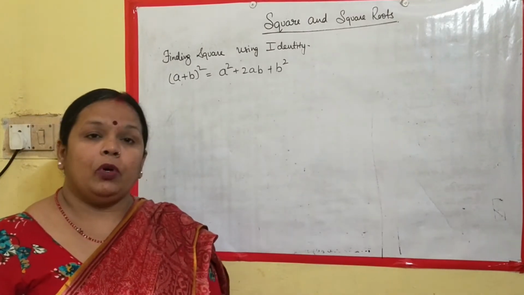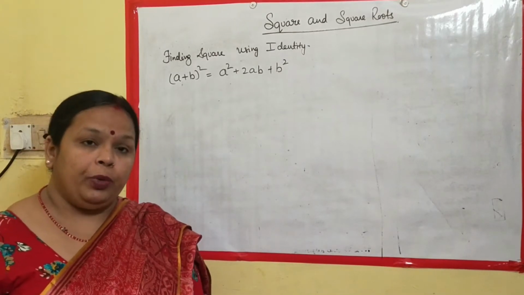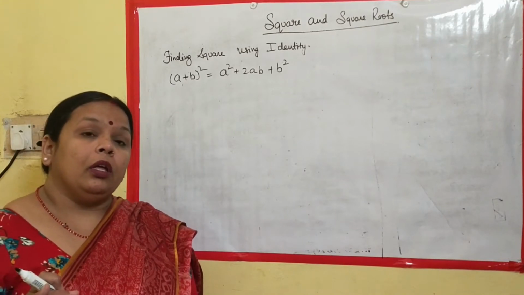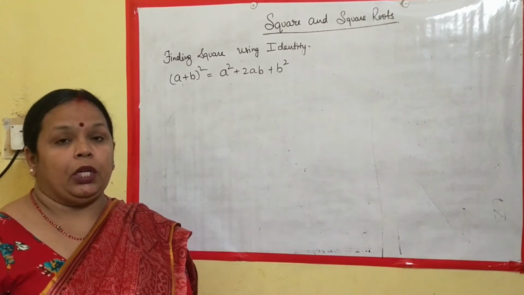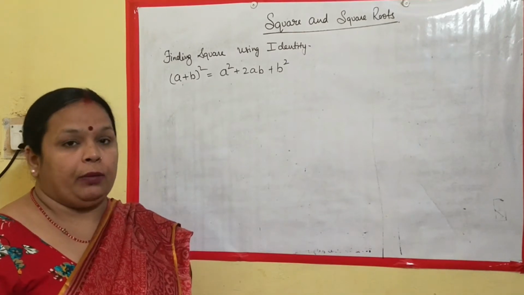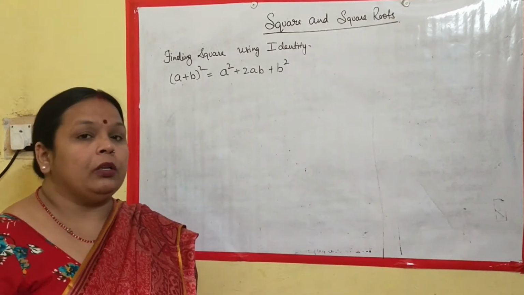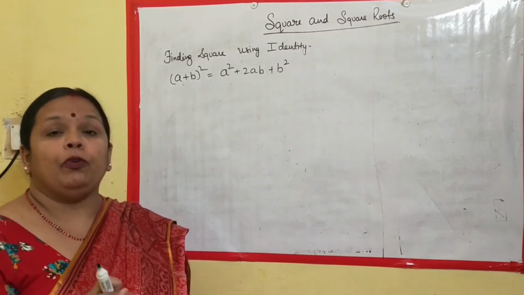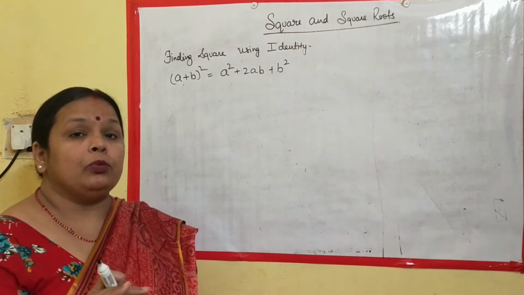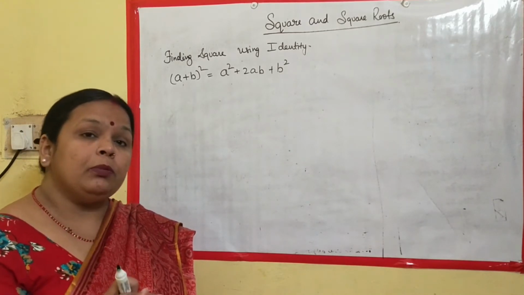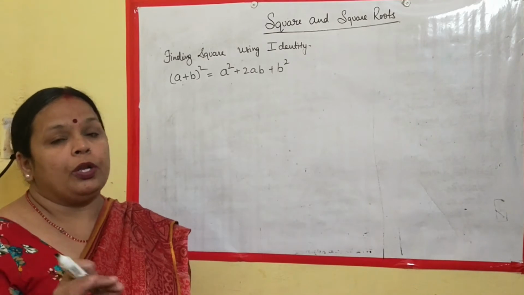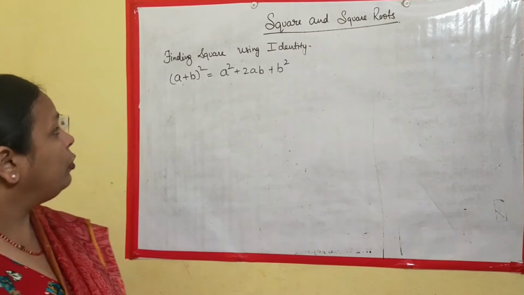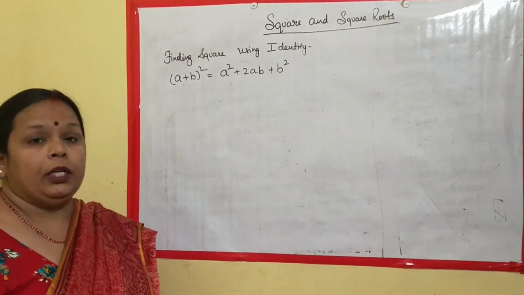See, when we have a question where a number is to be squared, and any method is mentioned, you are supposed to follow that method. Or else, if no method is mentioned, we will be seeing a few methods today, 3 more methods. If the method is mentioned, in short you need to follow it, or else you can follow any one of the methods which you feel is easier. Clear? Today we will be finding it with the identity method.